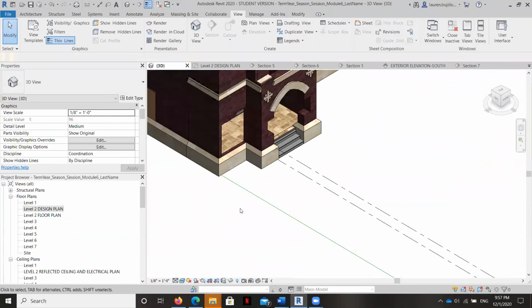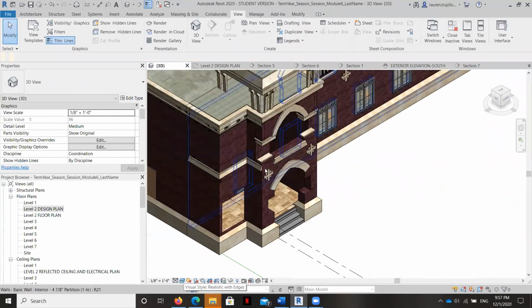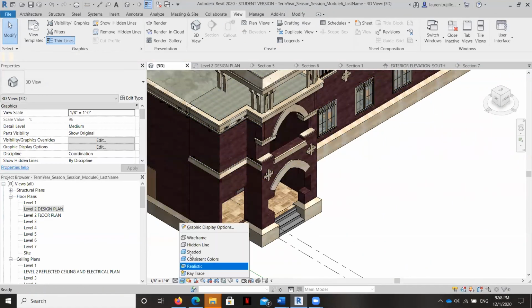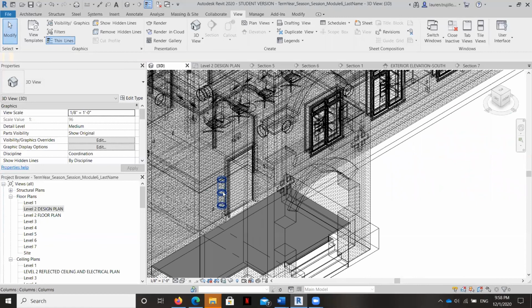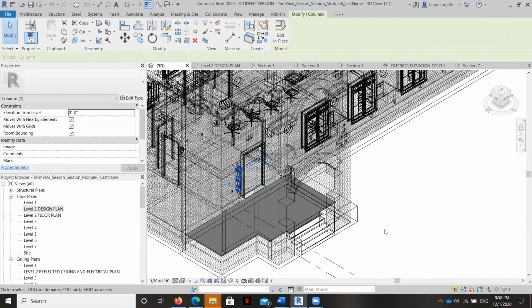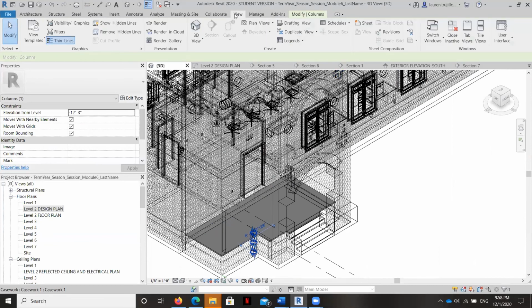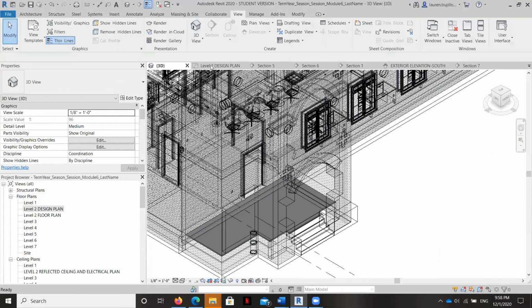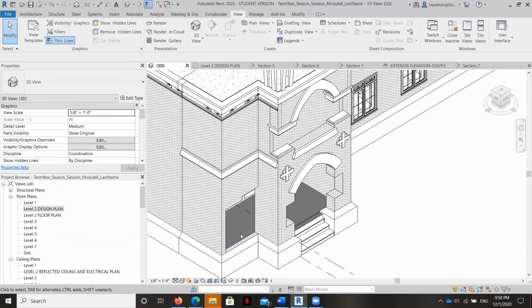So what's kind of interesting about these columns is that they were created in a certain reference plane, and so they're not going to want to move, and I'll teach you how to fix that in just a second. I want to go ahead to a wireframe, and I'm going to grab that column right there. Now, when I move it, you'll see my arrows are moving it up and down and sideways and backwards and forwards, but it's not really going where I want it to go. So I have to get it in a view where I could actually see it and it's close to where I can manipulate it. So let's go back to hidden lines. Let me go grab that column. Oh, there it is.